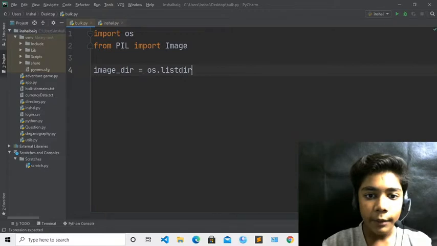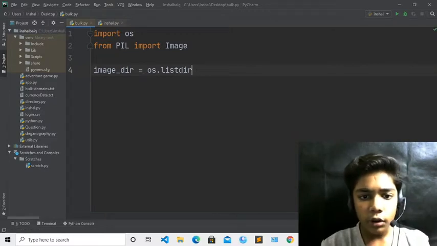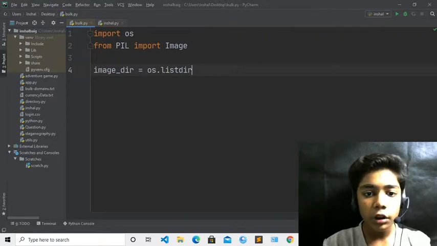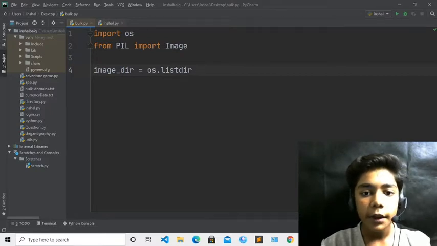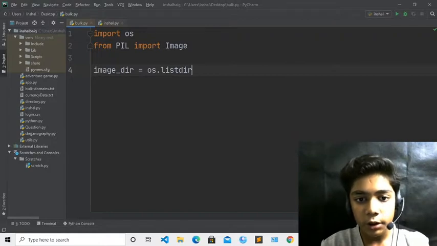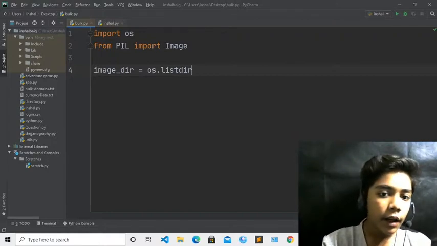Okay, so I am writing it randomly, so you can write any code you want to. This is just random code. If you want, you can take this code, but the folder name will be incorrect over here. It means the folder name will be your folder name, not mine, because my folder name is items. So you can write any folder name you want.